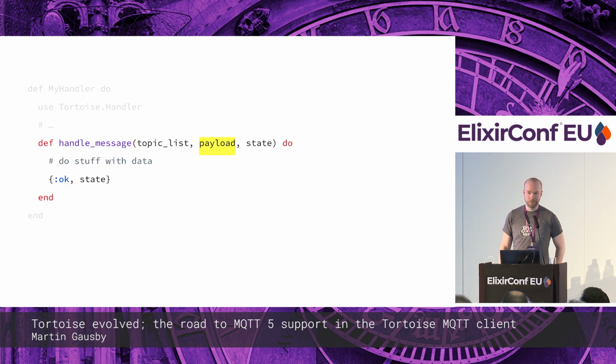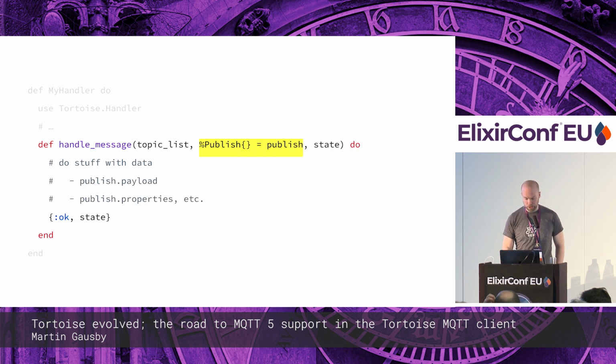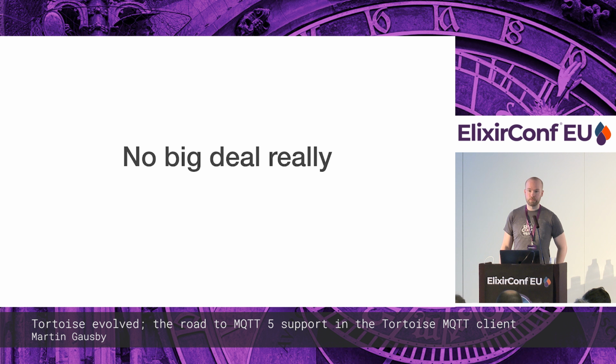So I will need to change the handle message that we saw previously, because now there's more data than just the payload that we need to care about in the topic list. So I've decided to just expose my internal representation, because now you've got all the data, and you can just say publish.payload if you want the payload, and you can say publish.properties if you're interested in them. So pretty neat. It's not really a big deal,